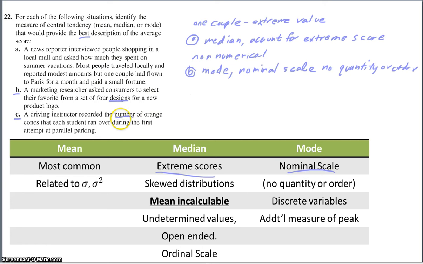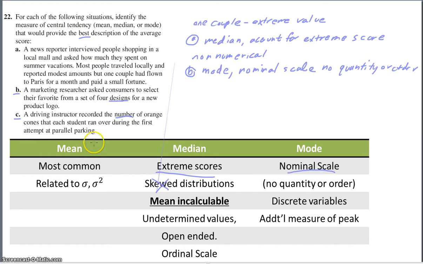So in this third case, since we have a number, we could use the median. We could use the mode, but it's likely that this distribution is not skewed. So it's not like the median is going to give us anything special that the